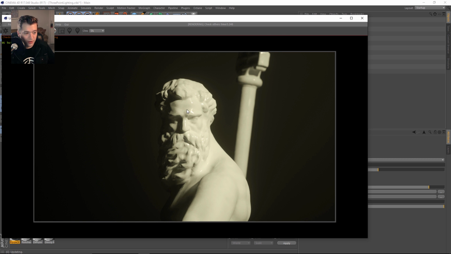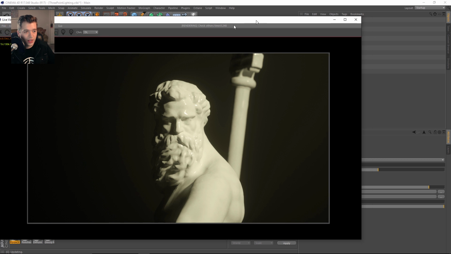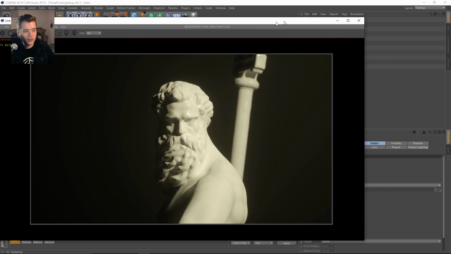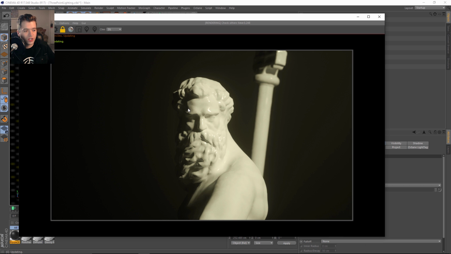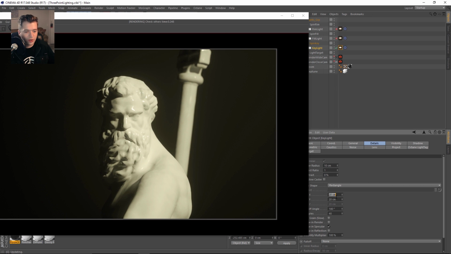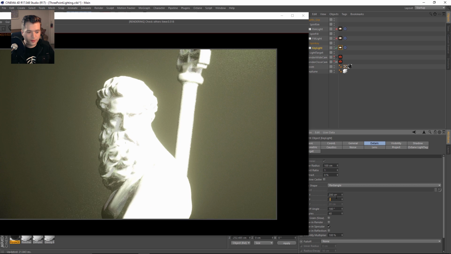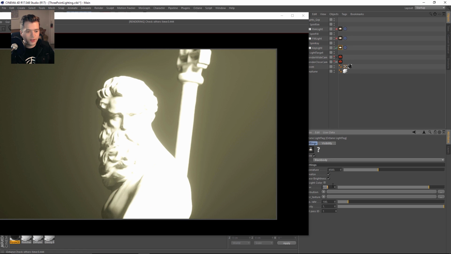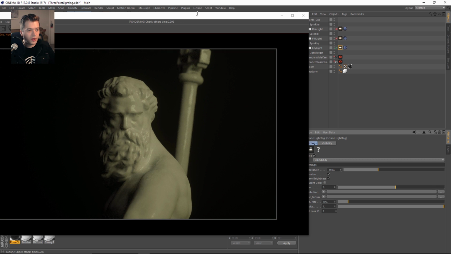Now, something that you'll notice is that this light is smaller. It's actually just the standard 20 by 20 centimeters when you create it in the scene, so we get a nice harsher shadow here on our subject. But as we go ahead and increase this light, so let's go up to 200, you can see that when we get it larger, the intensity becomes way more apparent.